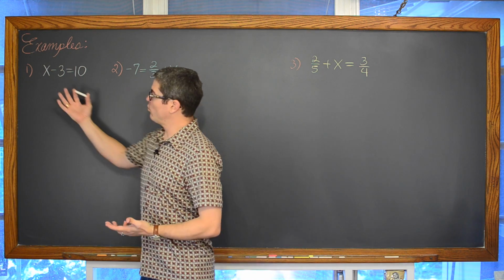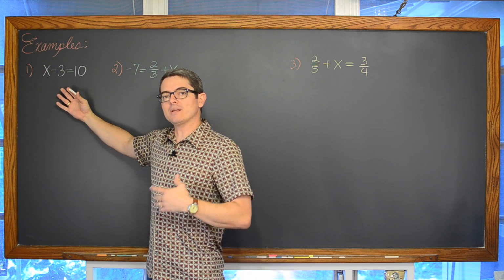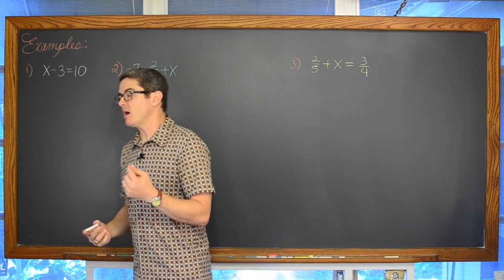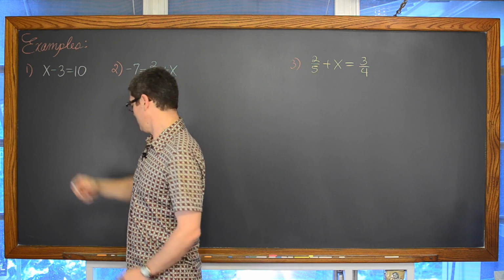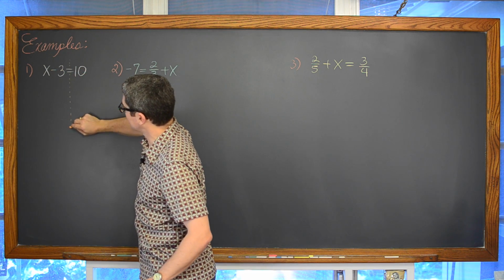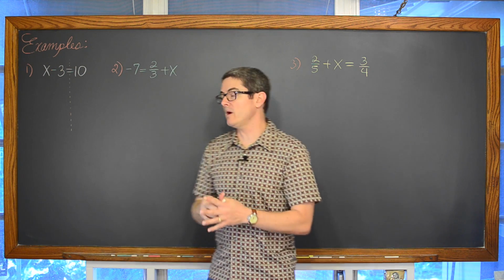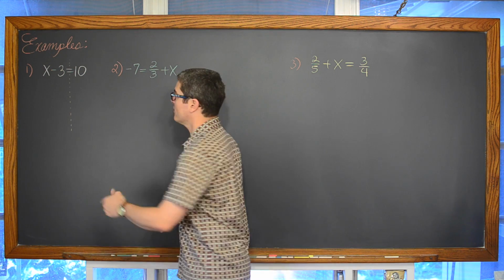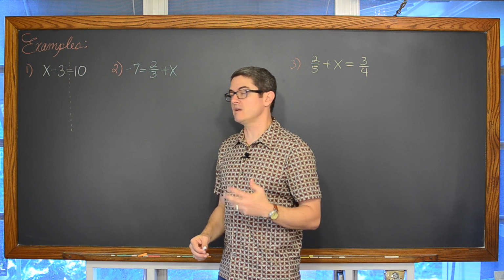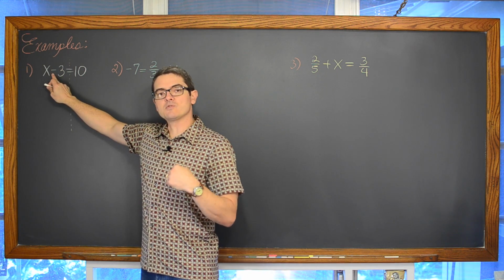But what do you really need to do? What algebraic process do you need to go through solving this? Well, the addition property of equality. You want to undo. And by the way, here's the equal sign coming down and dividing the left and right hand sides of this equation. I'm identifying the variable as being on the left hand side, and with that variable of x, the unknown, we have a subtraction of 3.